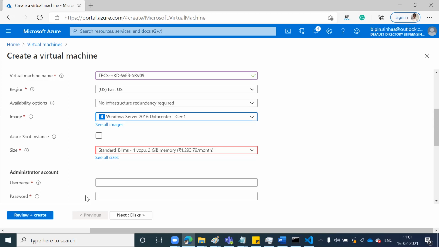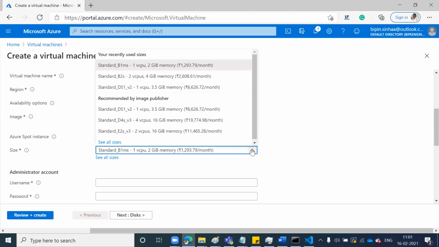Able to see? Drop down that. Now you can see all the important sizes, right? And as per the sizes, your money will also go higher. So we are going to select only the first one, which is B1MS.